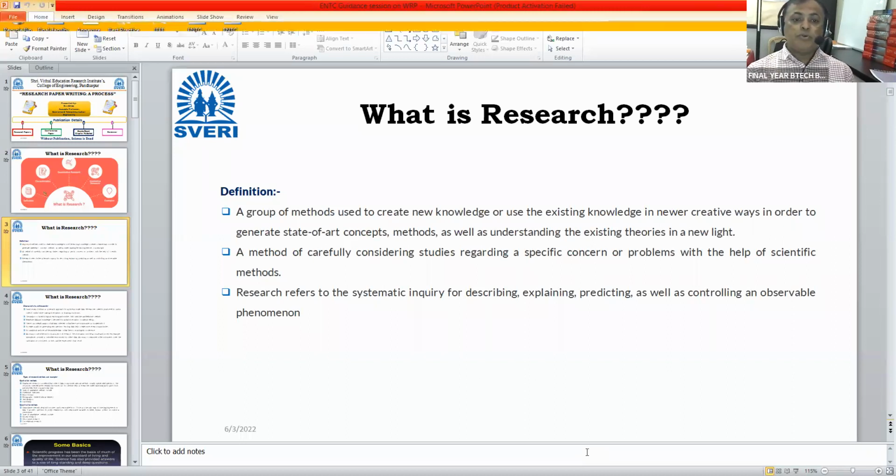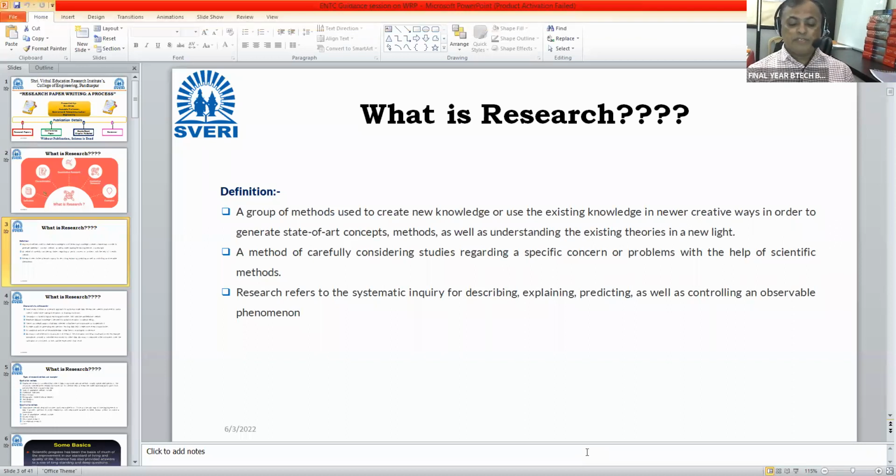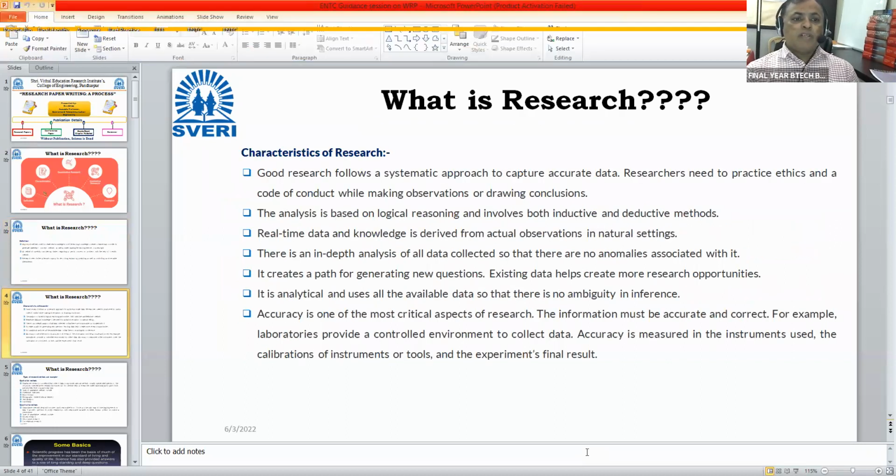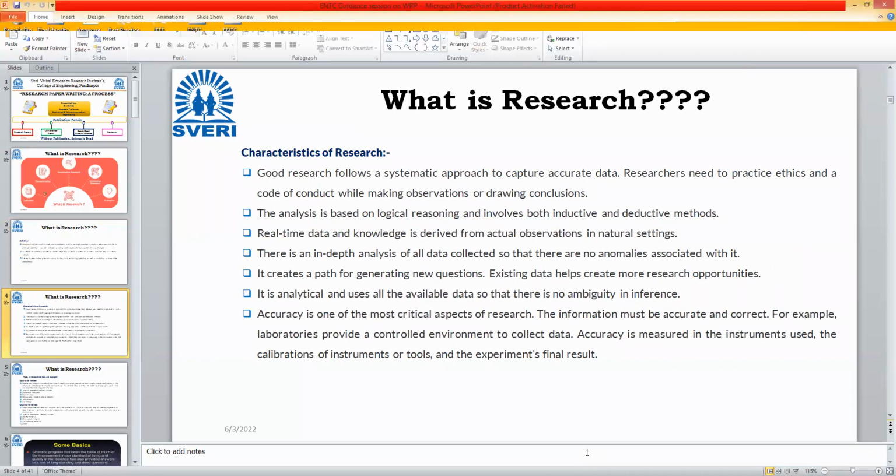But first we should know how to write these research papers. Now, what are the characteristics of a research paper? Obviously, it is an approach to capture accurate data. So you need to have that accurate data, because if the paper is written and you're sending it towards a reviewer of a journal, then you should be able to give answers,